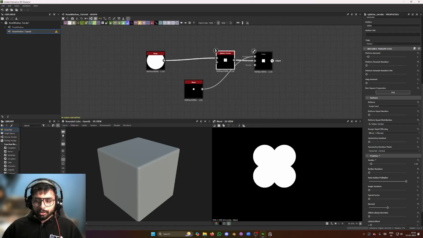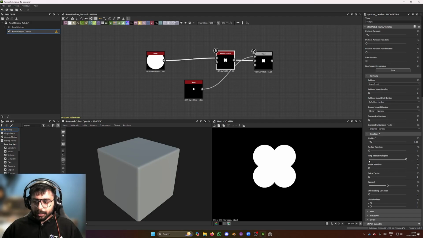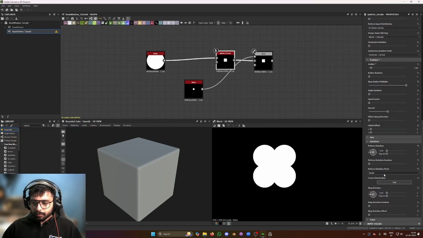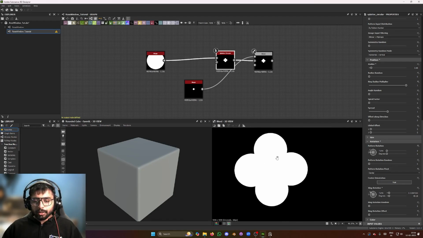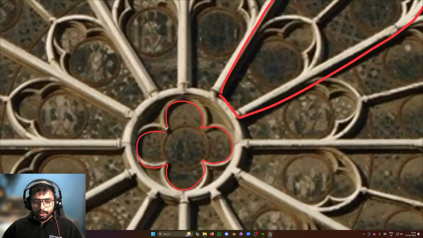And I'm also going to rotate the ring, right? I think there must be some kind of a setting here, ring rotation. Yeah, here it is. So you can just put something like this. And one more thing you might be wondering is, in the reference it's actually a kind of